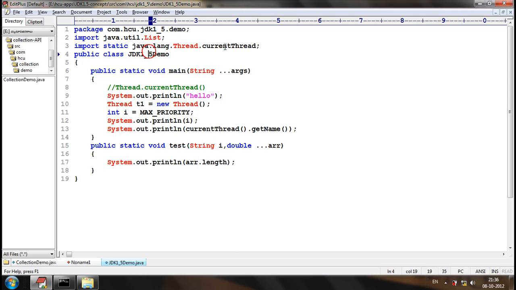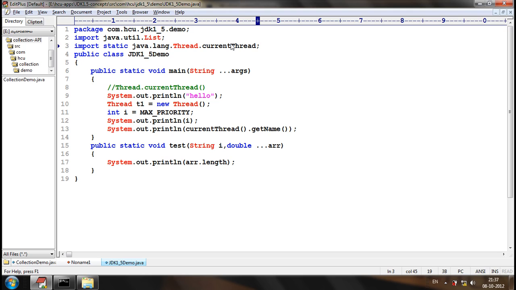If it is star, then all the static members, attributes and methods, will be imported in a static manner. But if we specify the exact name, then only the member with that specific name will be imported.